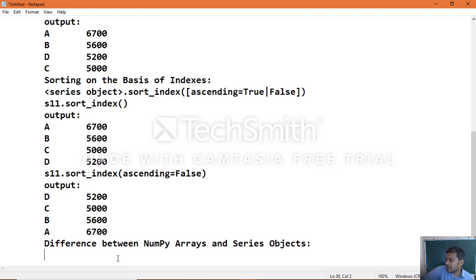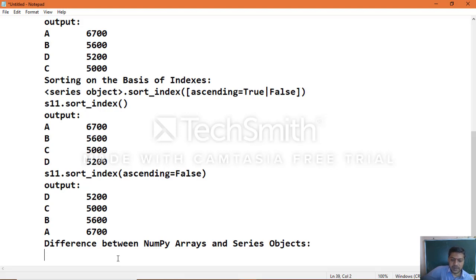Another important thing is that ND arrays always start with index number 0, because they follow only numeric indexes. Whereas with series objects, it is not mandatory to start with index 0, because they support numeric values, letters, labels, and string values also.